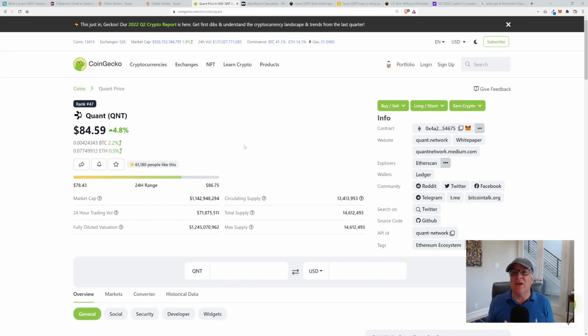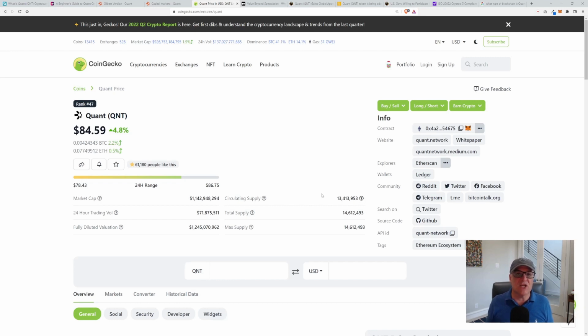And so the circulating supply could be somewhere around maybe 16, 17 million, with some yet to be mined. So maybe there's a total of 18 or 19 million, somewhere in there, maybe a little less. But look at the total supply for Quant. Quant's total and maximum supply ever will be 14,612,493 tokens. And right now, guys, the circulating supply is 13,413,953. Guys, this is our second chance, in my view, at potentially picking up a token that could really see